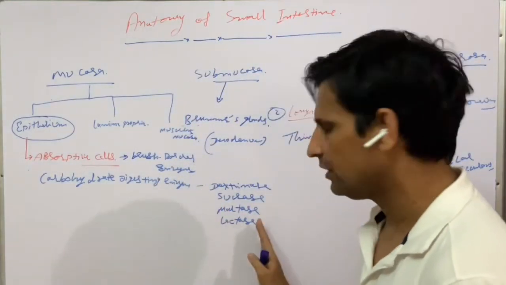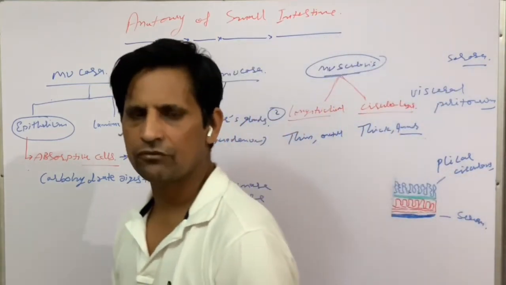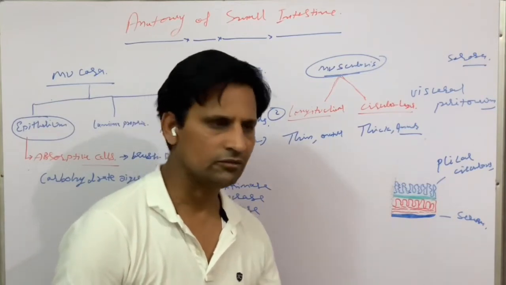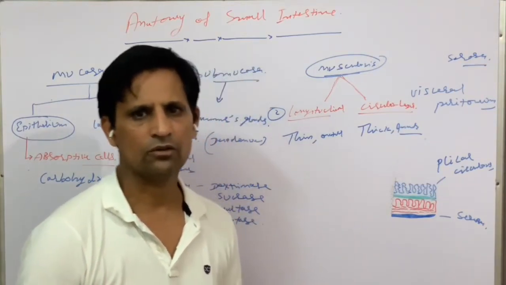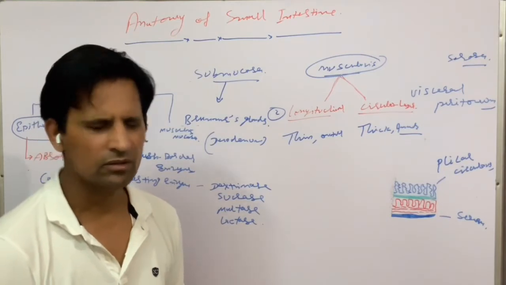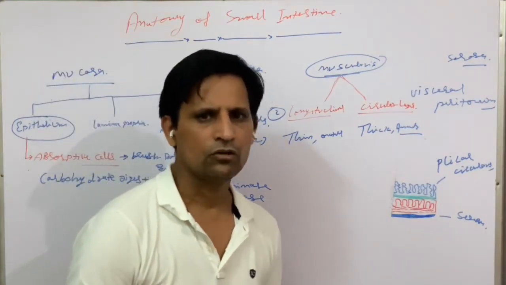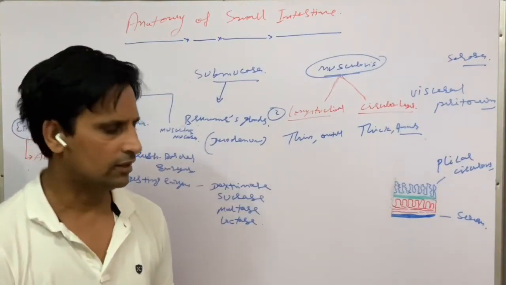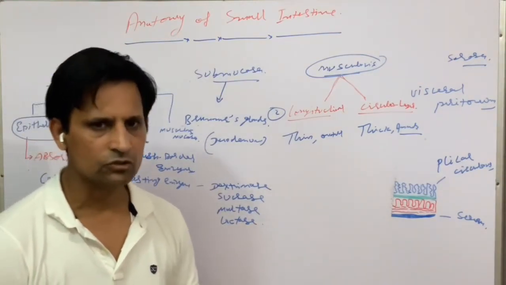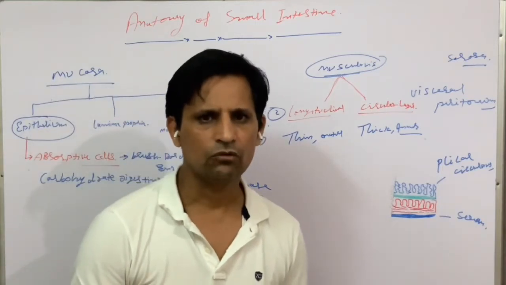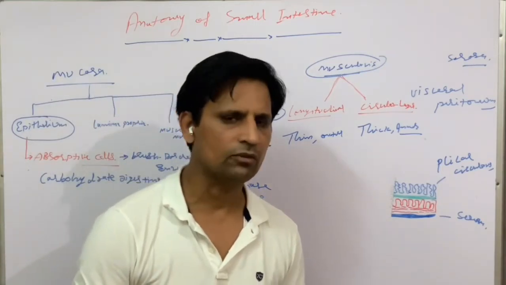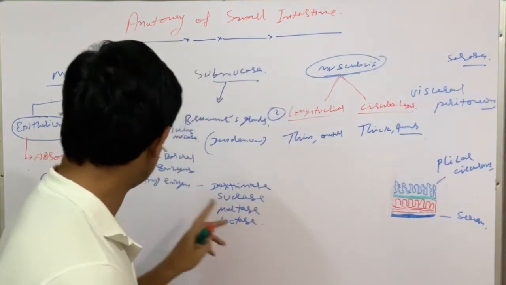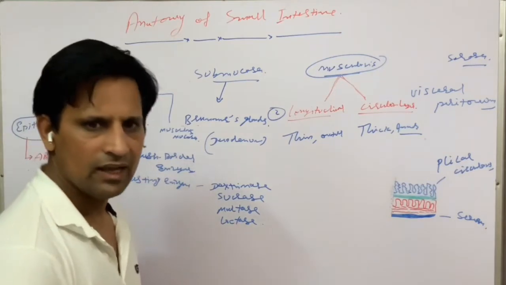If we say the maltase will work on the maltose and will separate it into two molecules of glucose. And like the sucrase, what sucrase does is it will divide the sucrose into one molecule of glucose and one molecule of fructose. So these are the basic carbohydrate digesting enzymes, right?